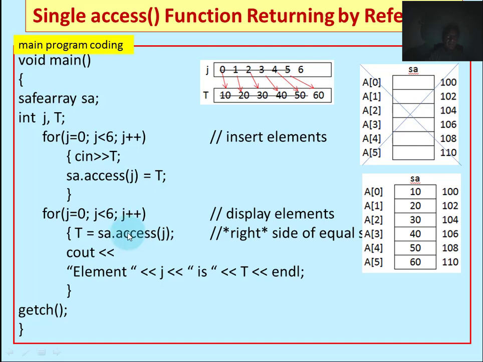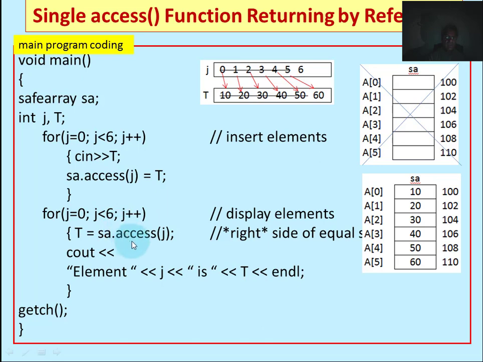We will store 100 at the t location, but 100 is an address. An address cannot be stored at an integer memory location. t is an integer memory location. So with this address, 10 is the integer value which is attached with this 100 address. So the computer will not store 100 at the t location, but will store the second alternative value, that is 10, at the t location. And the cout statement will display that the element at 0 location is 10.